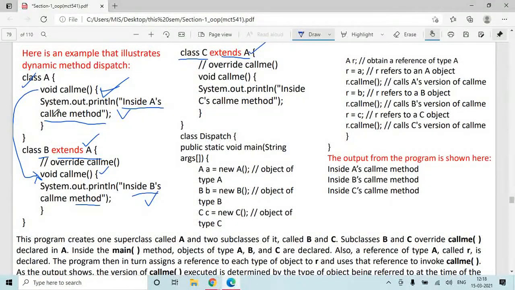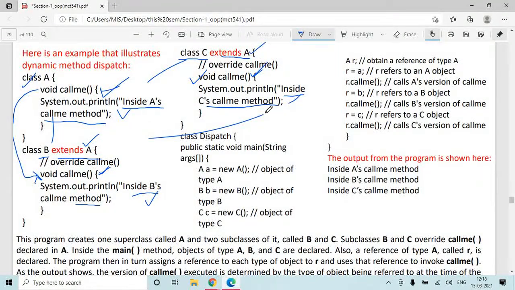I mean, B is inheriting A and C is also inheriting A. Again the same void callMe method, and inside C's callMe method, if this gets called, this message you will see on the screen.